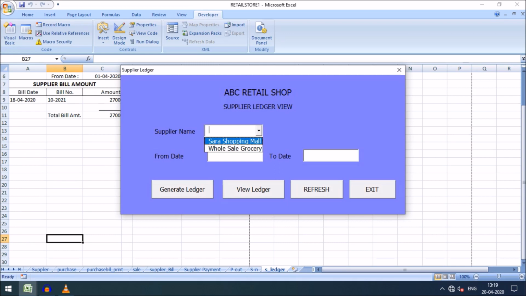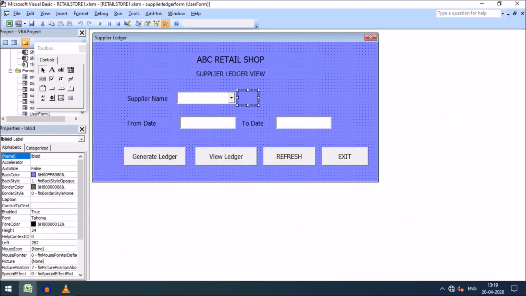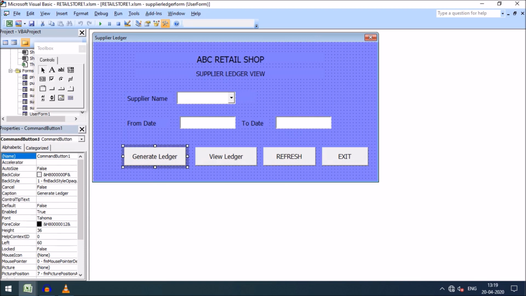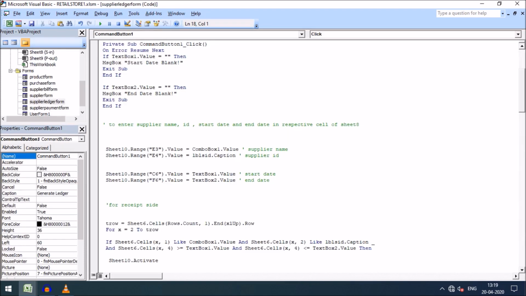And you also know that if you select any supplier name, the corresponding supplier ID will be displayed in this label here. Then I want to give the from date and to date option, and if this matches, then the generate ledger option will be activated. So going to the general ledger section, I want to see the commands.